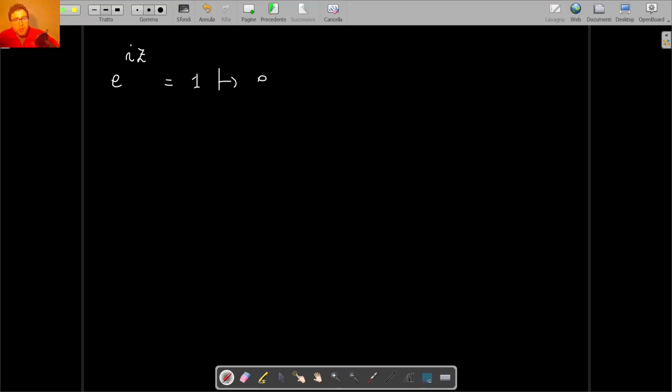So we have e raised to i times (x plus i y), and this is equal to e raised to i times 0, because here we have 1, and so we continue, and we have e raised to, this becomes i, and i squared becomes a minus sign, so minus y, and then we have plus i x,